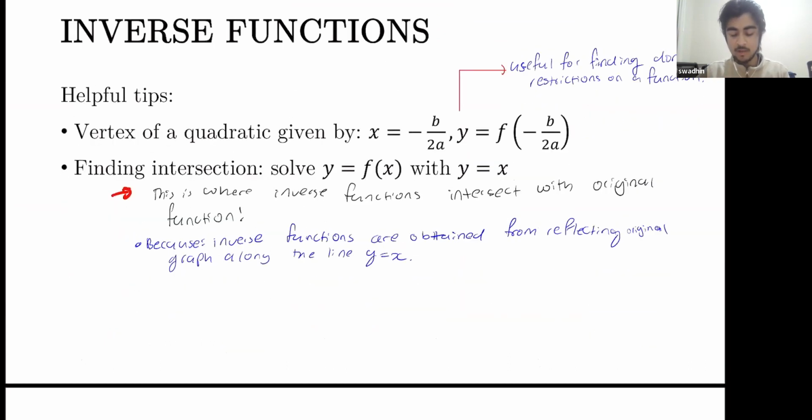So a few tips when finding inverse functions. A useful thing to utilize is the vertex of a quadratic. This is given by x is equal to minus b on 2a, and the y value is the function evaluated at that x value. This is useful for finding domain restrictions on a function, because remember, a quadratic function, otherwise known as a parabola,